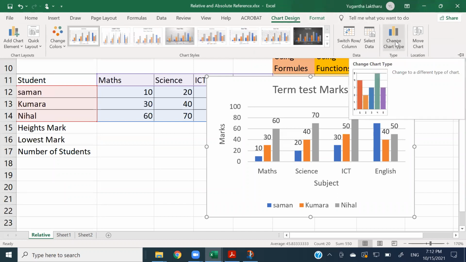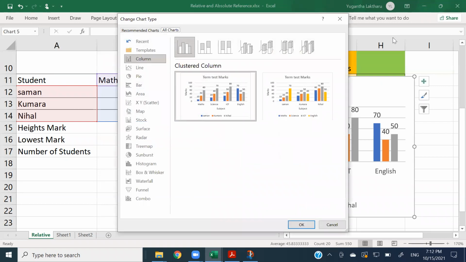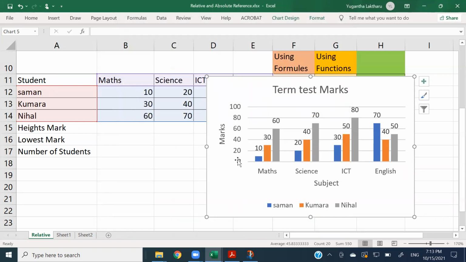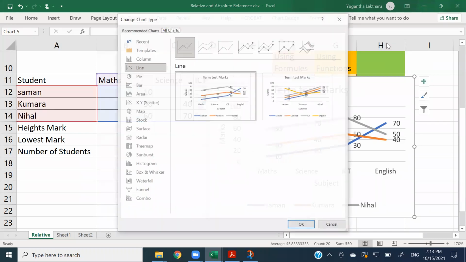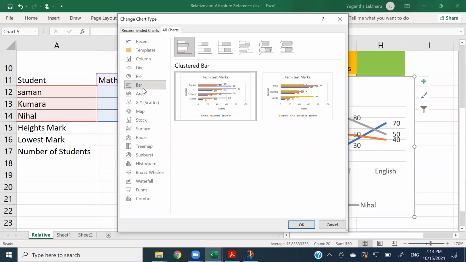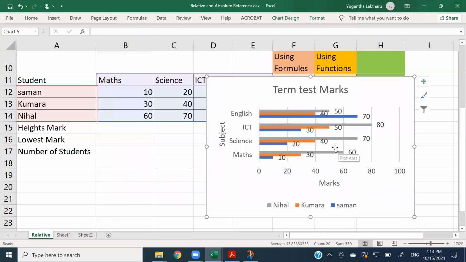To your very right end, there is a button called Change Chart Type. So you can change this very chart into a different one. If you want a line chart using this, you can choose a line chart. So it will show you a line chart. See, Saman's values are in a blue color line, Kumara's values are in an orange color line, Nihar's in a gray color line, right? If you want to change this into, let's say, a bar chart, it's going to show you the bar chart,